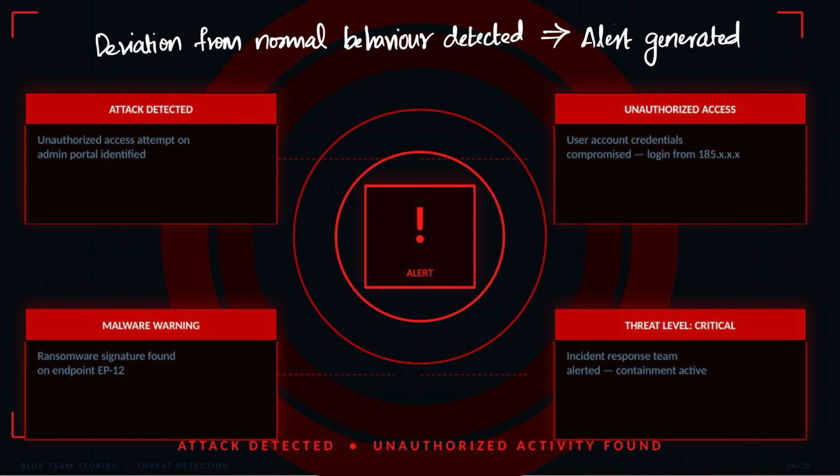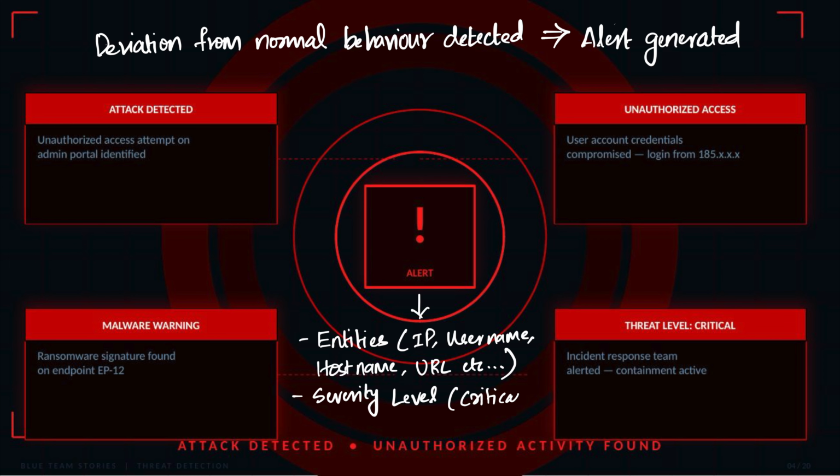Security alerts are then generated automatically and displayed on monitoring dashboards inside the Security Operations Center. These alerts contain important information such as the affected system, severity level, attack indicators, and recommended response actions. Fast alert generation is critical because even a few seconds can determine whether an attack is contained or spreads across